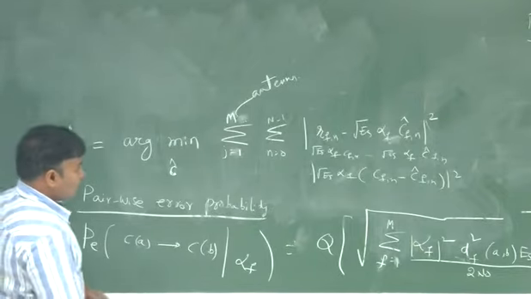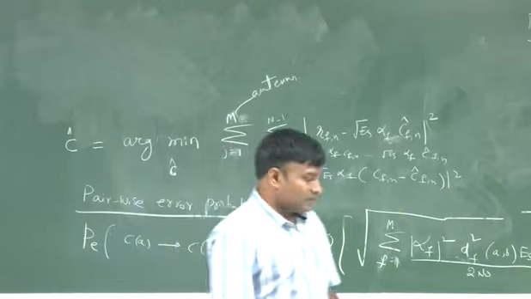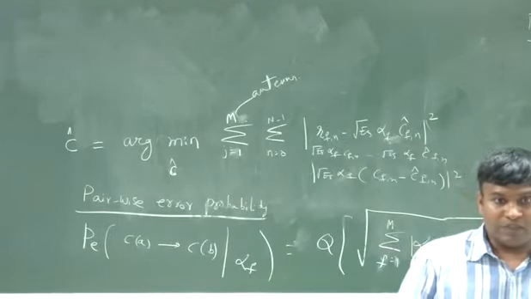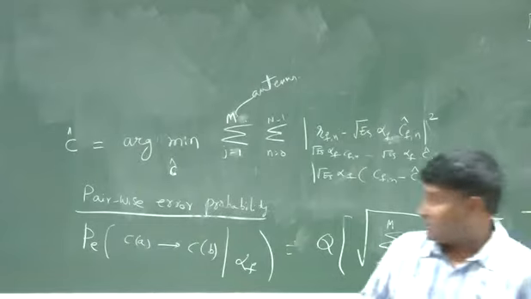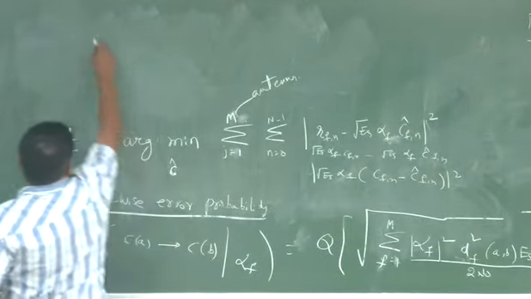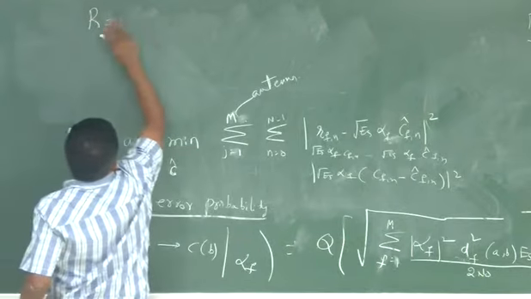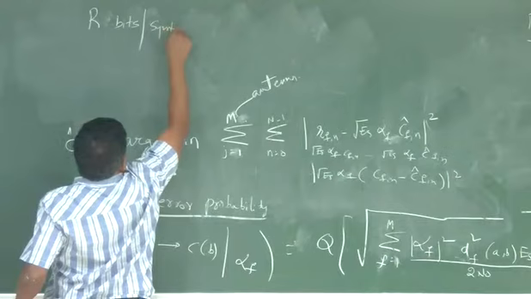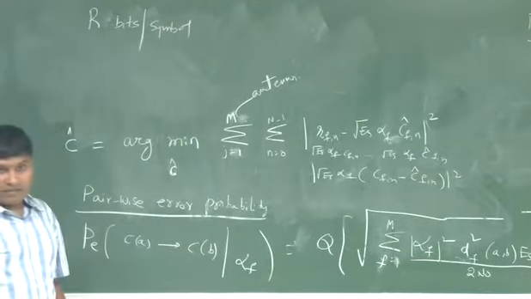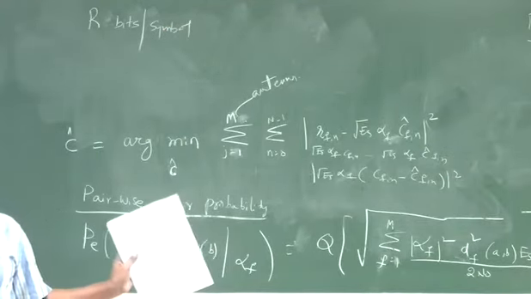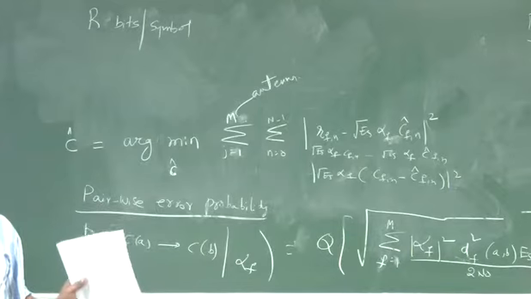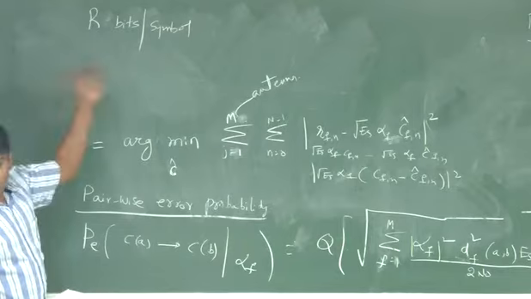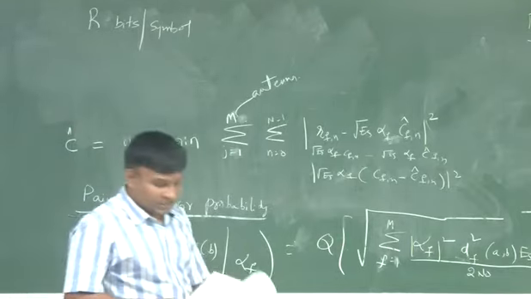We defined the rate R, right? In the very beginning, capital R. Rate of transmission. What is rate of transmission? Number of bits per symbol. R is the total rate of transmission. Units is bits per the complex symbol we are transmitting. Right? There is no ambiguity in it. You know exactly how many bits per symbol you are transmitting. That's because you know the input sequence and then there is coded modulation.